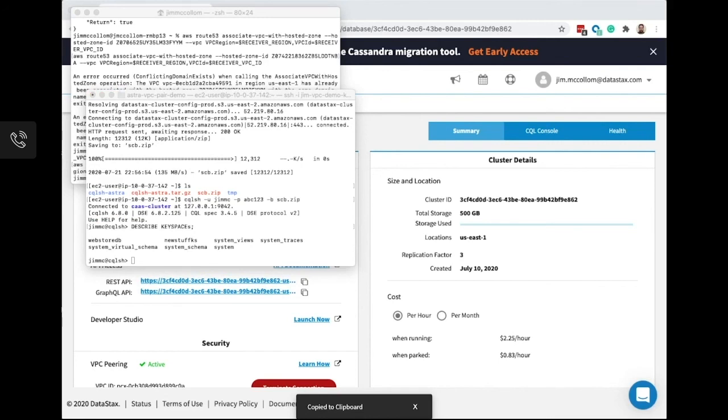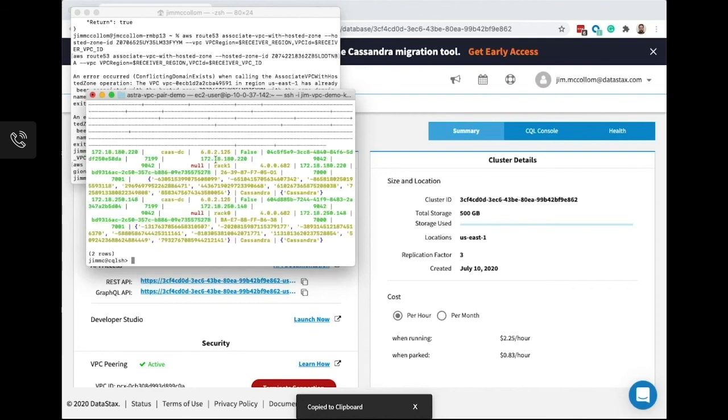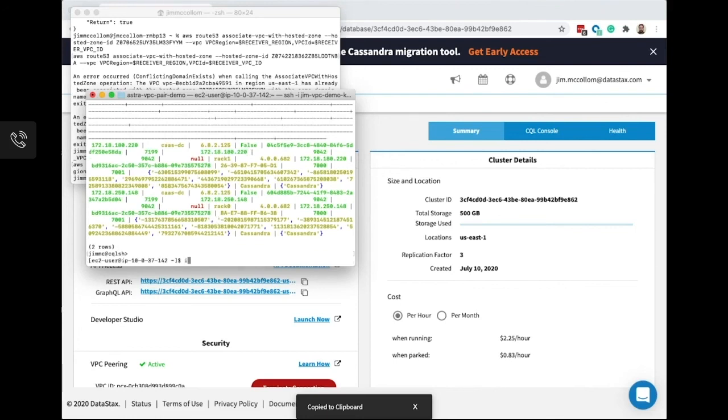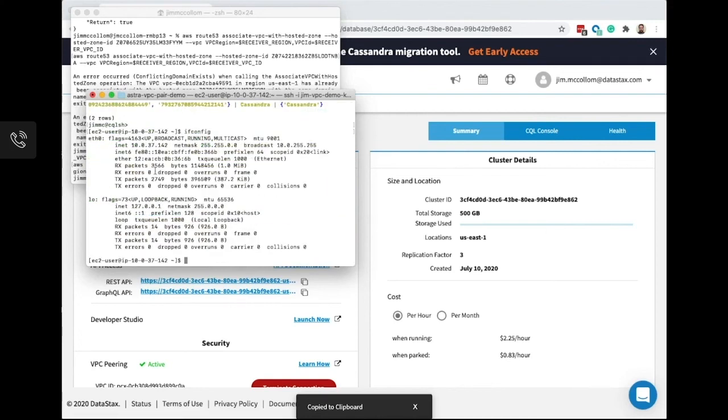And that's it. I can also just show you. We can select star from one of our system.peers tables. And what this actually shows us is all the nodes actually running in the other region here. So no magic. It's precisely what we added from the 1.72 region. And that's it for VPC peering.